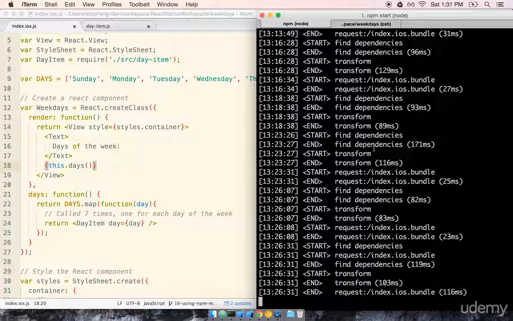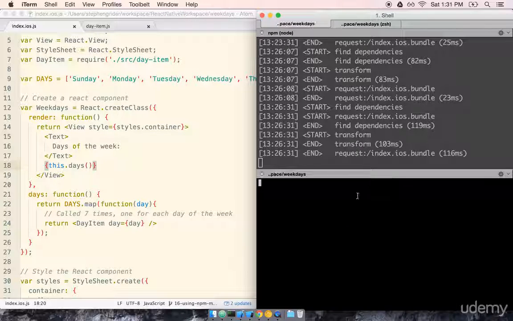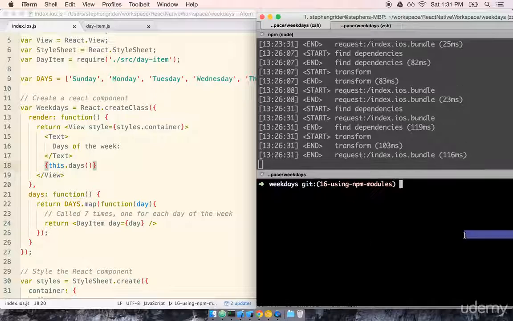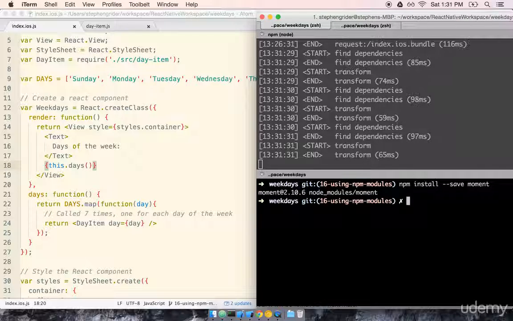So I'm going to first open up my terminal, and then I'm going to get a new window right here, and I'm still inside of my weekdays directory. I'll just go ahead and write npm install --save moment. So what this does is it reaches out to the npm registry and it installs the latest version of moment.js